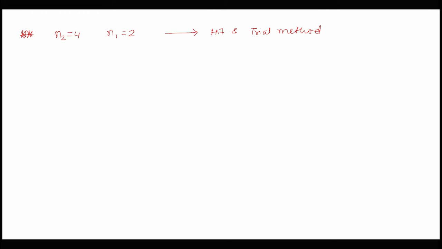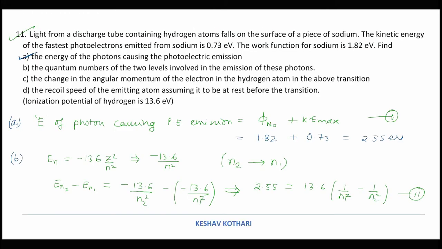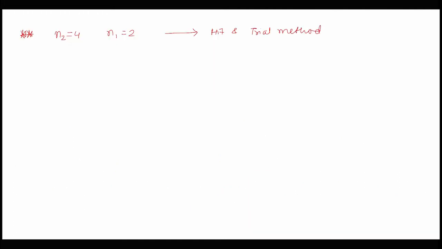Now the next part, the question is asking us the change in angular momentum of the electron in the hydrogen atom in the above transition. So we say angular momentum mvr is equal to nh upon 2 pi. That is, we say that angular momentum is quantized. So using this working formula, I can calculate the change in angular momentum,